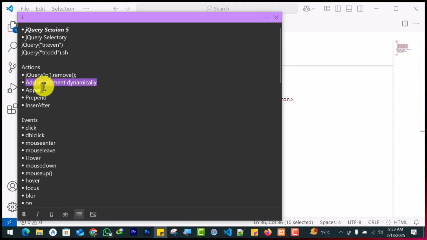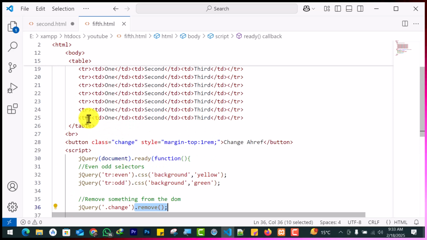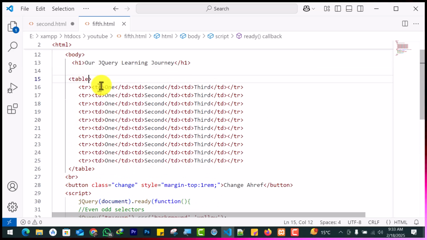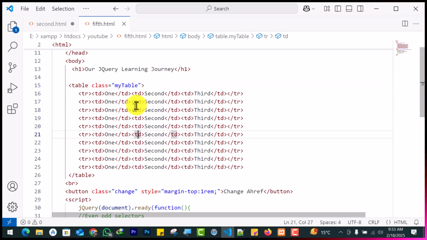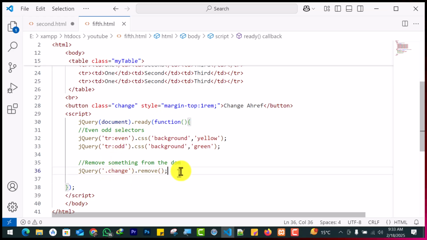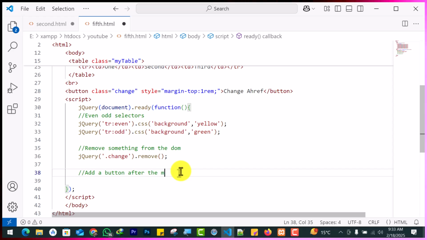Okay, the second thing is add something on your HTML page dynamically. How can that be done? Let's see that. So supposing I have this table. Let's give a class name to this table. My table, camel case class name. Okay, my table. So I want to add a paragraph item after the table. Add something dynamic. Add a button. Let's add a button after the my table